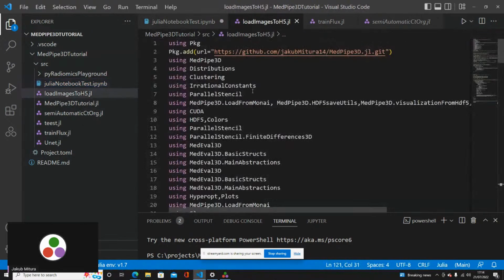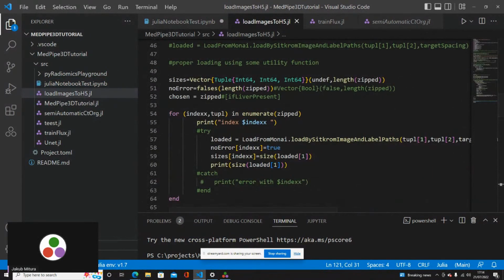Wait a moment, I will find just the snippet to share with you. Oh, here it is. Okay, in case it did not work, wait a moment, where is this? Okay, here.